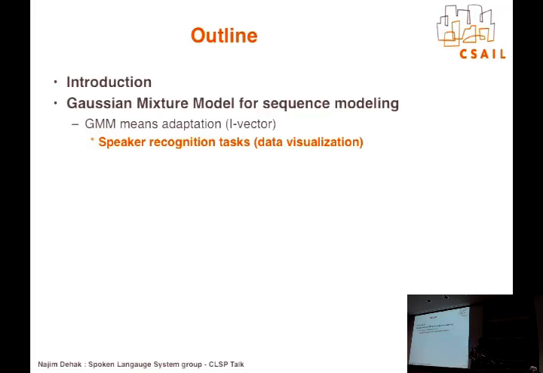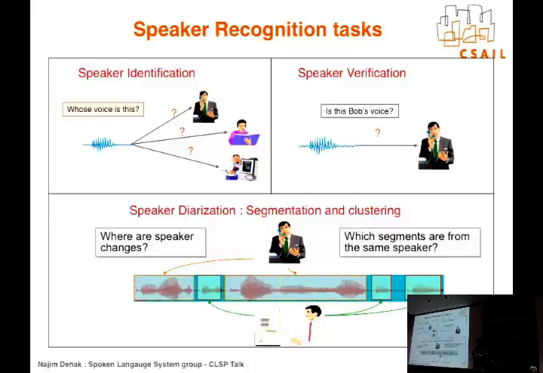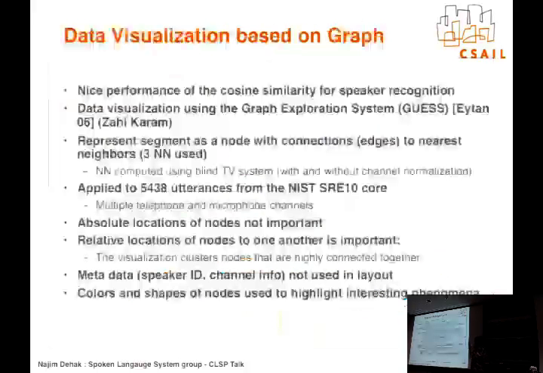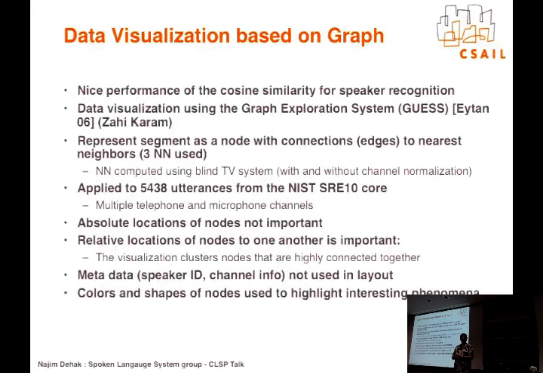So at that time, I was working with Lincoln in 2010. It was actually Zahi and Karam, who was a PhD student with Bill at the time. So we started looking at what we could do in visualization. We had an i-vector system to work on telephone and microphone channel data, which is NIST 2010. So we took NIST 2010, and we had an i-vector trained on the telephone and microphone data, and we selected about 5,000 recordings from telephone and microphone, and we said, okay,